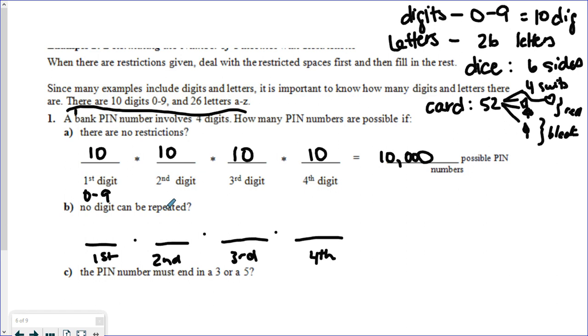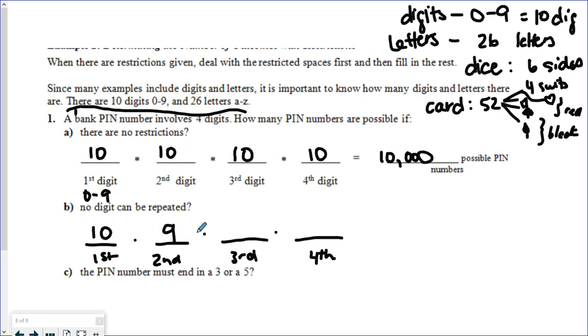So if no digit can be repeated, in the first spot we still can have any of the 10 digits, 0 through 9. In the second spot, we can't have whatever we picked here. If we put a 0 here, we can't have a 0 there. If we put a 1 here, we can't have a 1 here. If we put a 2 here, can't have a 2 there. So there's actually 9 digits that can go there because we can't have whatever we had in the first position